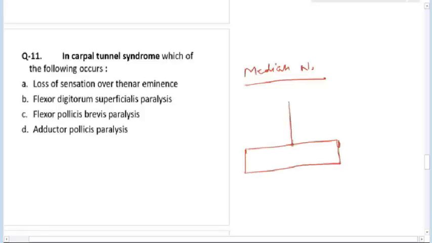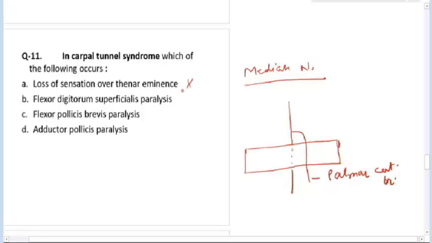When the nerve is coming under the flexor retinaculum, it gives one branch that passes above the flexor retinaculum, that is the palmar cutaneous branch. This palmar cutaneous branch will be intact even when the median nerve is compressed in carpal tunnel syndrome, so loss of sensation over the thenar eminence